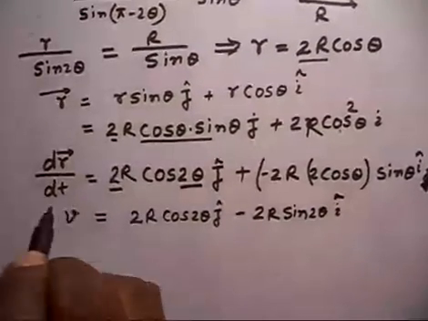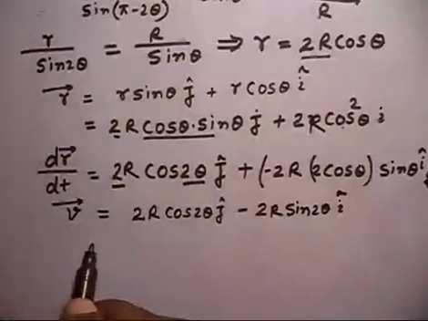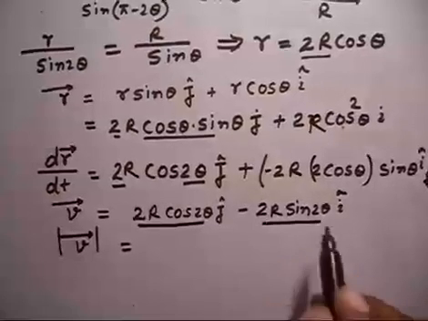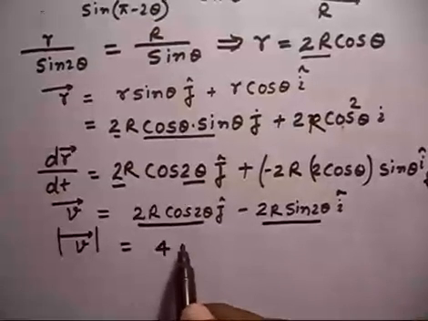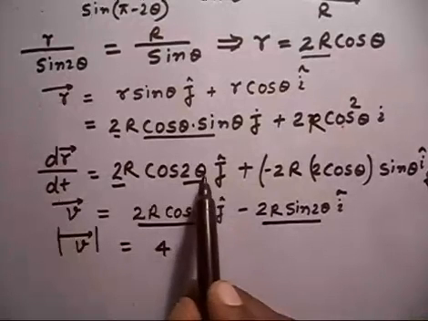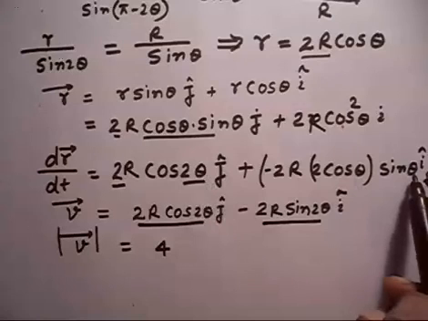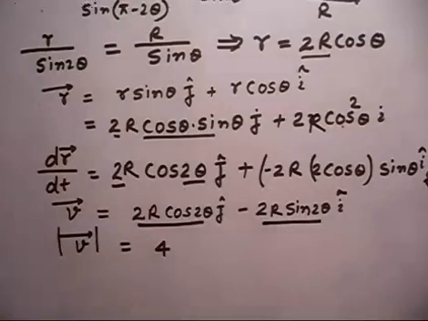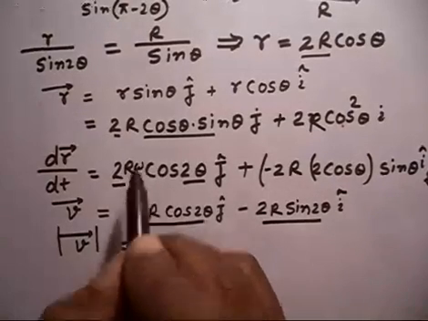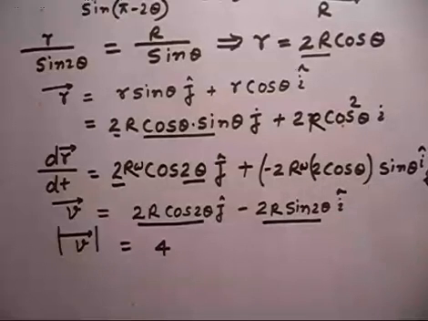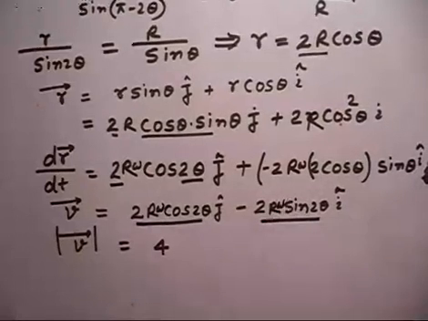Now this is nothing but the velocity vector. Now you see, I can always find the magnitude of the velocity vector, that is the square of this plus the square of this. This is simply 4r. Oh my god, we have to differentiate theta also with respect to time. If I differentiate here d theta by dt, also here d theta by dt, so in both cases I will have d theta by dt, and d theta by dt is nothing but omega. So I have to multiply a term omega here, and similarly a term omega here, because d theta by dt is omega.